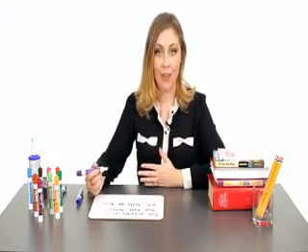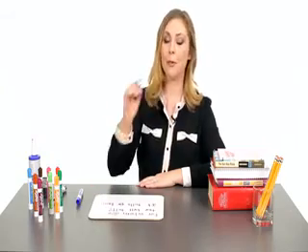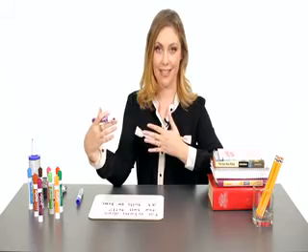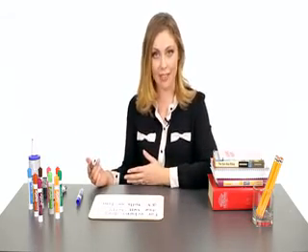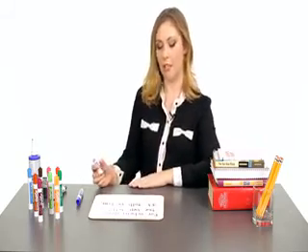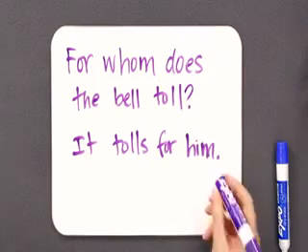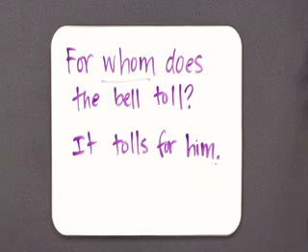I'm going to teach you something I like to call the M trick, which can help you decide whether you need to use the word who or whom. Substitute the word him, which also has an M. So remember, whom and him, because they both have an M, function the same way in a sentence. And who and he, neither of which have an M, function the same way in a sentence. So in this case, you can plug this in. For whom does the bell toll? It tolls for him. Him and whom both have an M, so you know that you're using the right version.